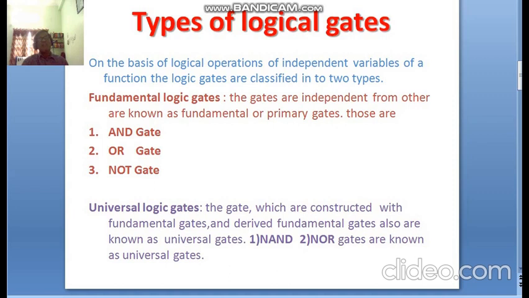Here, what is the meaning of NAND? It is the combination of two fundamental gates, NOT AND. It is a combination of NOT gate and AND gate. Similarly, NOR, NOT OR. This is also a combination of NOT and OR gates. Then the combinations are known as NAND and NOR. We can derive NOT gate and AND gate from NAND gate, NOT gate and OR gate from NOR gate, and we can derive all AND, NOT, NOR gates from universal gates.